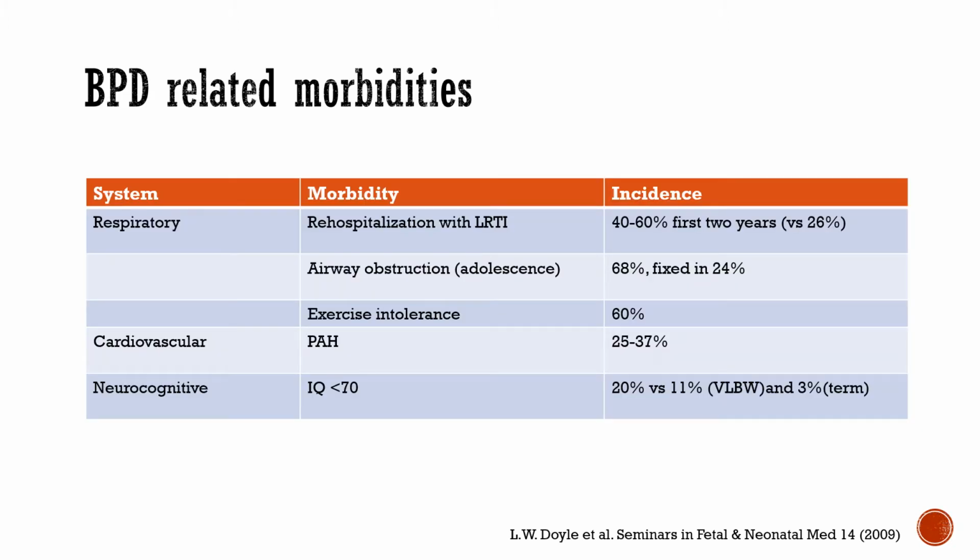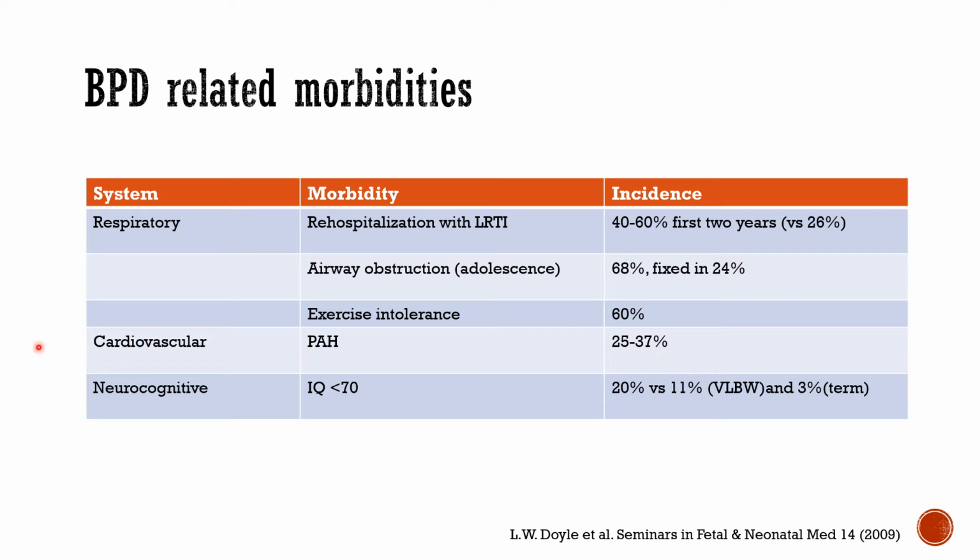BPD-related morbidities are many-fold with long-term effects. The respiratory system, there is up to 40 to 60% requirement of rehospitalization with LRTI within the first 2 years. Airway obstruction persisting until adolescence in up to 68%, which is fixed in 24%, and exercise intolerance in up to